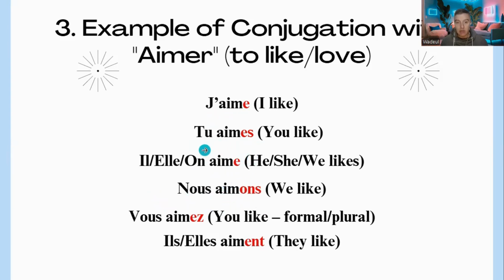So as you can see, now that will be different. If you say il aime, you say he likes, but if you say ils aiment, now it's they like, but it will be a group of males. If it was only females, you would say elles aiment. But if you see a group with males and females together, it's always gonna be ils. So the male gender is the most important here. Sorry, I didn't choose French language, so it is what it is.